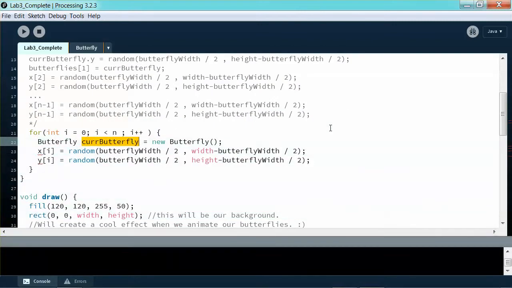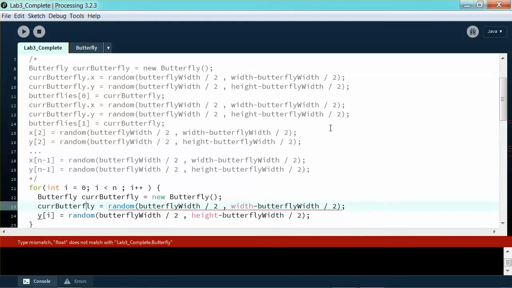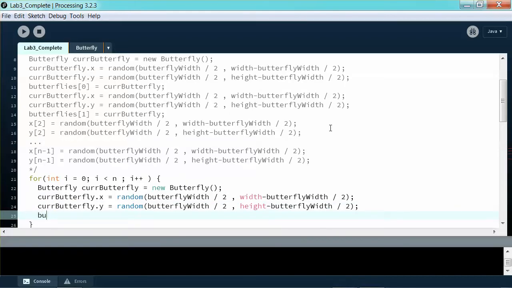Current butterfly dot x, current butterfly dot y, and then please put this current butterfly inside the butterflies array, and the position number